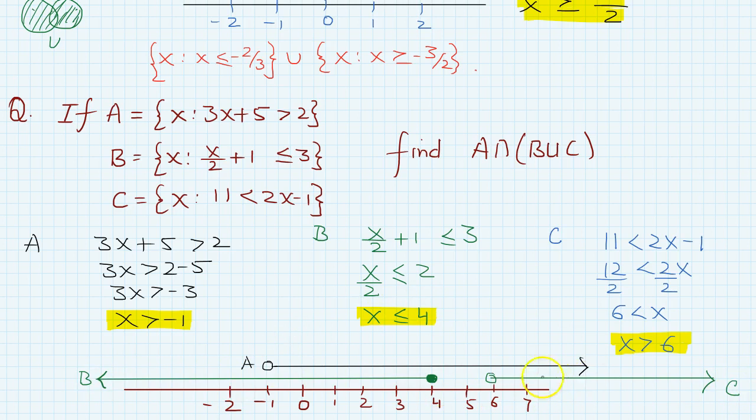Now B intersection C. So B intersection C is this and this. Or we can say B intersection C is x less than 4, this is x greater than 4. So we have x is